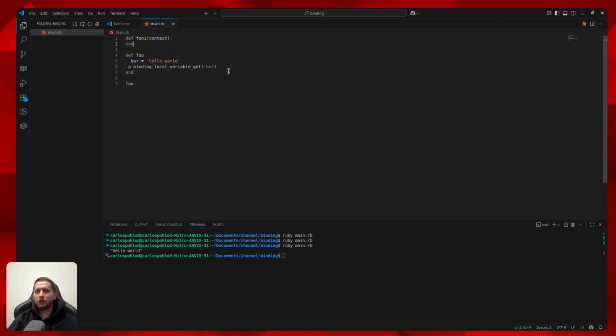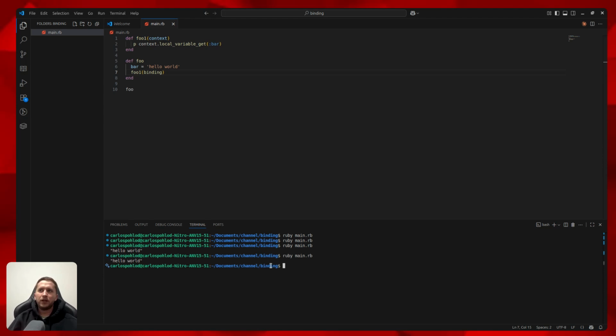Let's move to here and call foo1 passing binding as a parameter, and work it. So Byebug and other debug tools work similar to this. Of course, it is much more complex, but